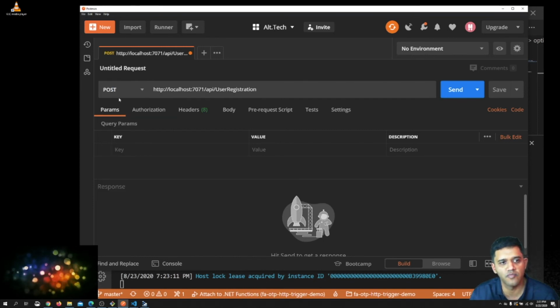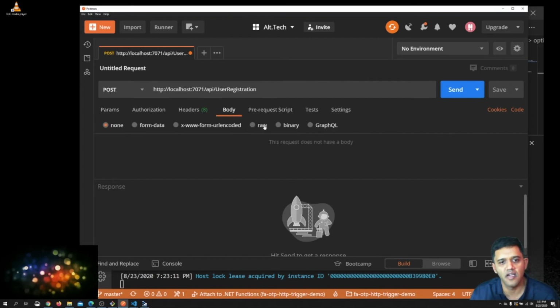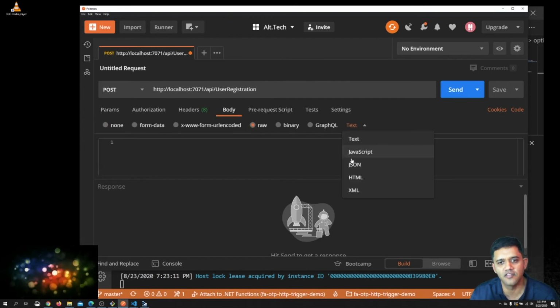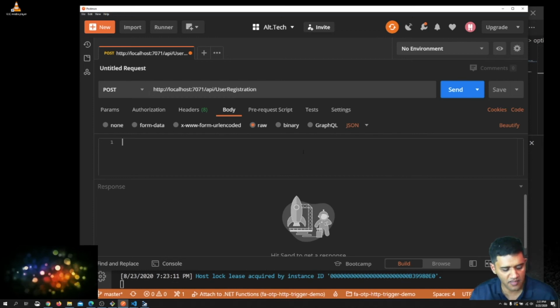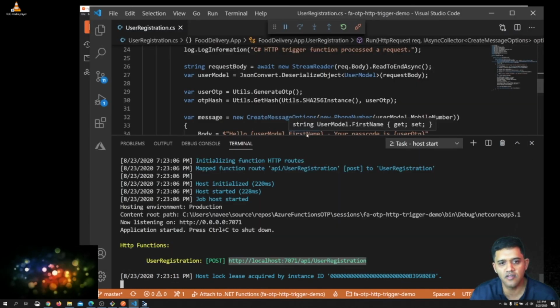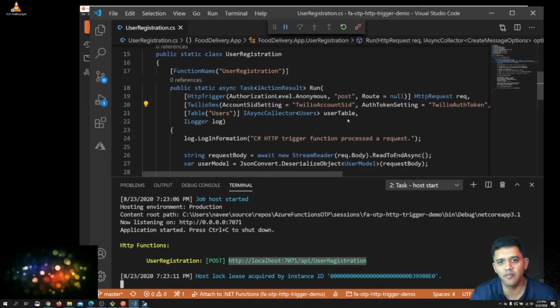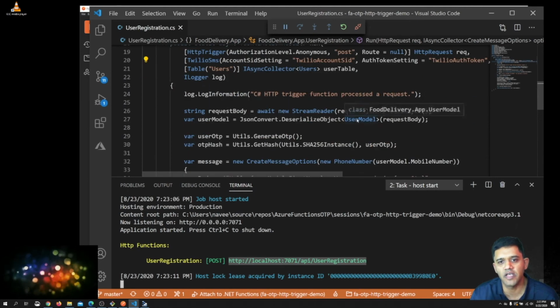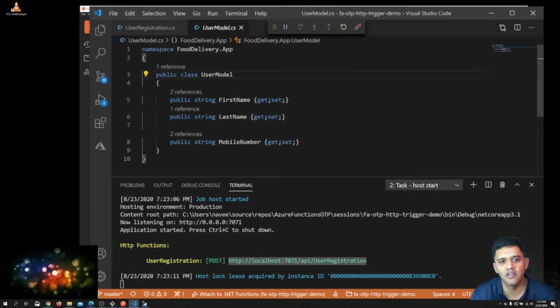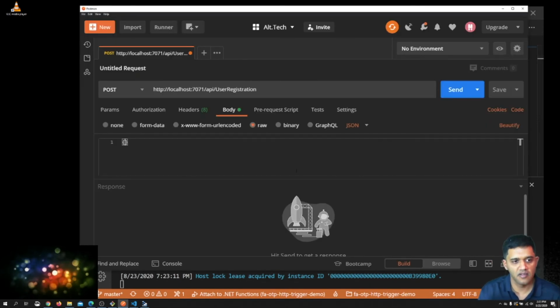I selected post, I selected body, and I'm going to make it raw and JSON. Now the values here have to be of type model. For example, if you go here, it has to be type user model definition: first name, last name, and mobile, these 3 attributes.